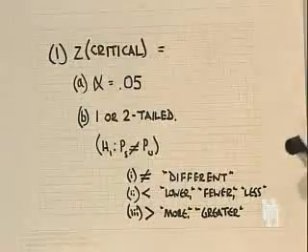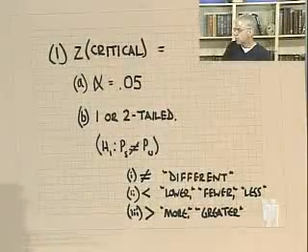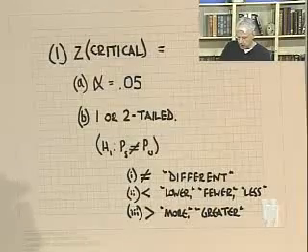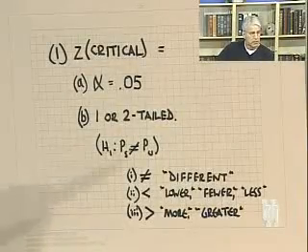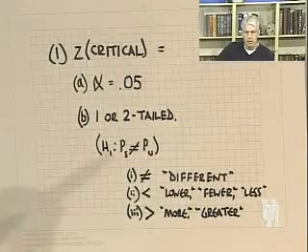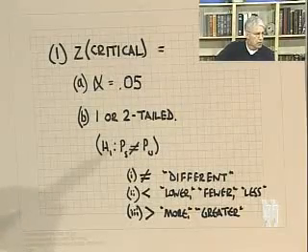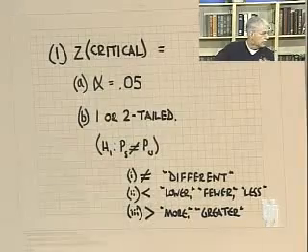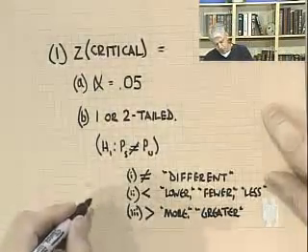We now decided that if alpha is 0.05, and no, we didn't decide how many tails this test involves. We simply got as far as deciding the research hypothesis. If the research hypothesis is that these two scores will differ, should you conduct a 1 or a 2-tailed test? You should conduct a 2-tailed test because you have to,